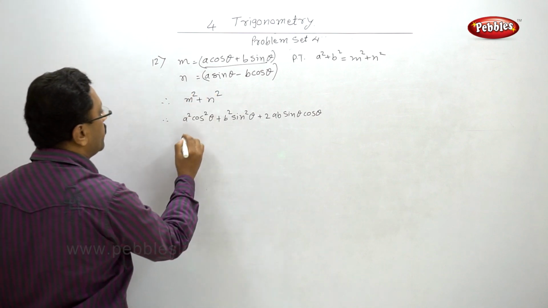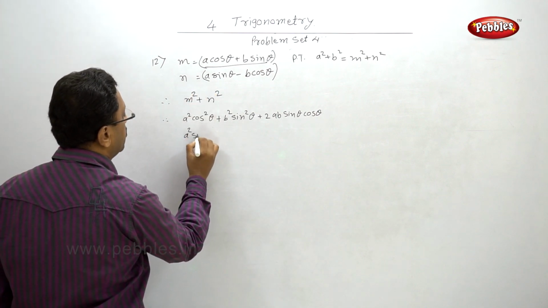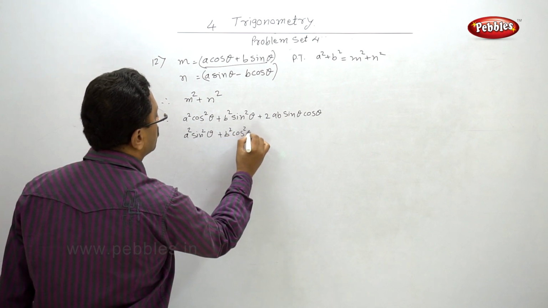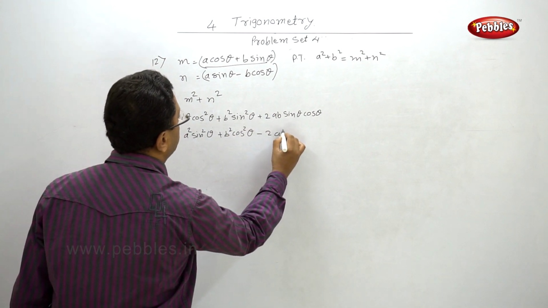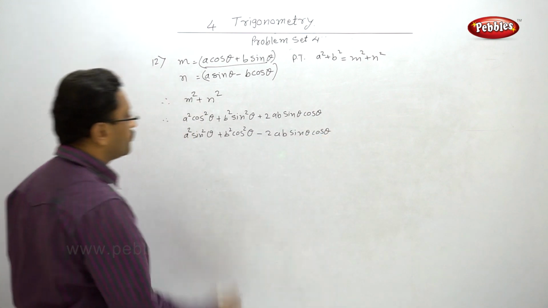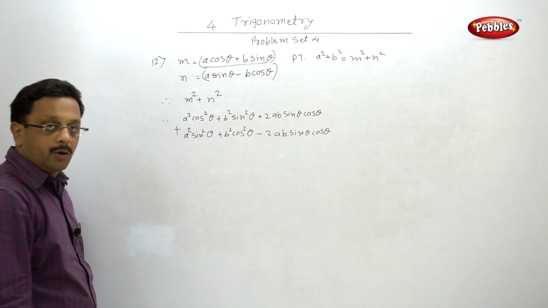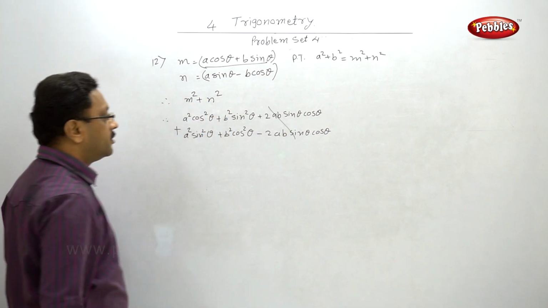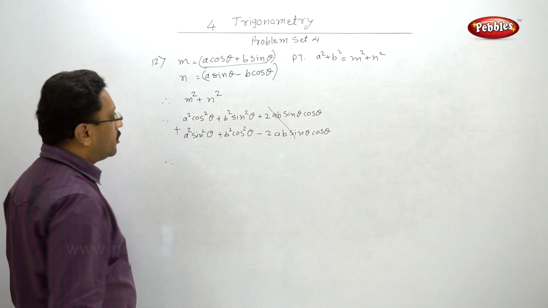So now I'll have a square sine square theta plus b square cos square theta minus 2ab sine theta cos theta, plus, because m square plus n square, these two will get cancelled, and I have, now check this,